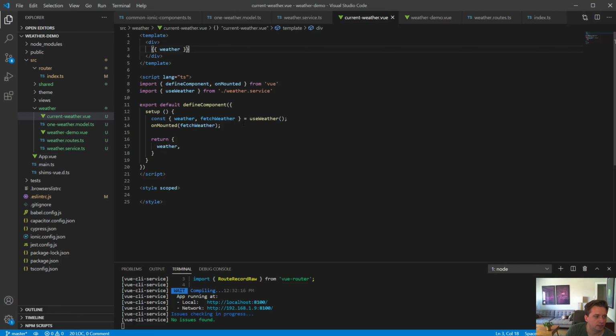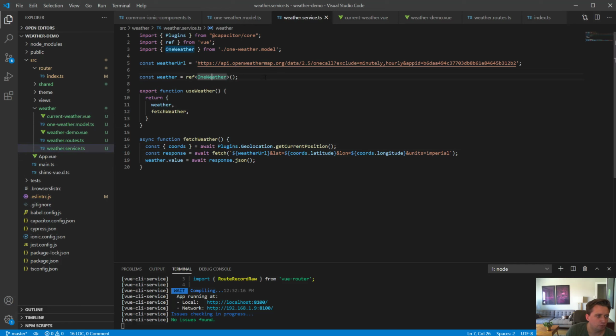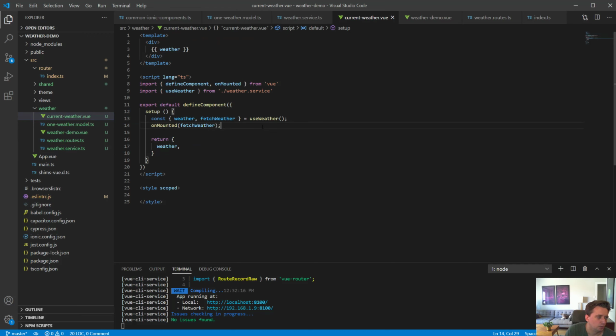So we've already seen that because we made our weather a ref, Vue knows about it and pays attention to it changing, and then will re-render the page, which is good, because if it didn't, then we wouldn't have gotten that display, because at the time of it showing up, there was no data there yet, because this fetch weather is asynchronous. But as soon as it finishes that call, weather is updated and it just appears. We can actually watch for changes on this as well. Because it's a ref, we can also use watch. So we can also say,